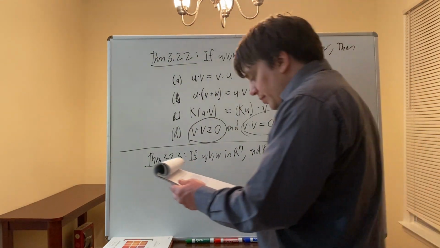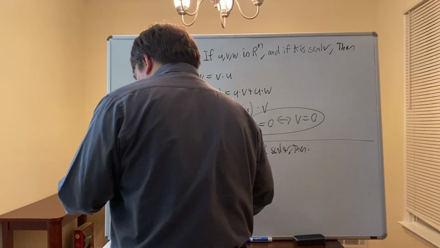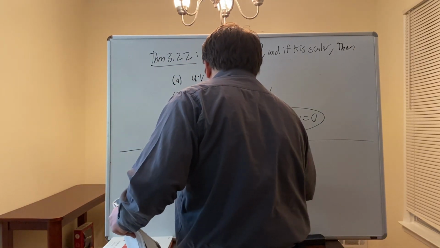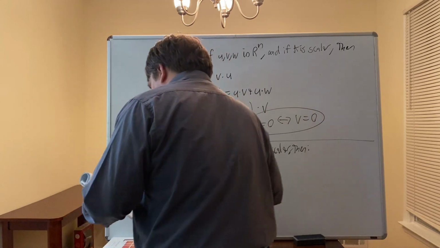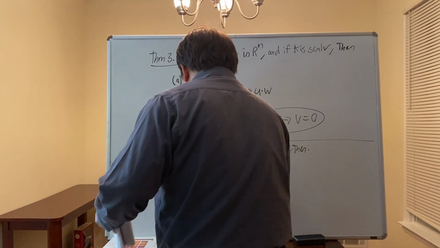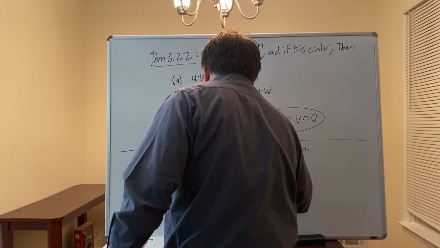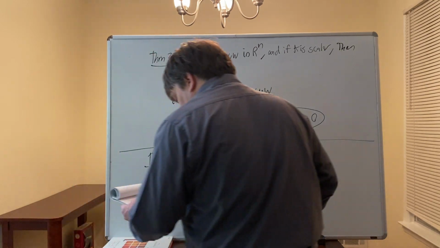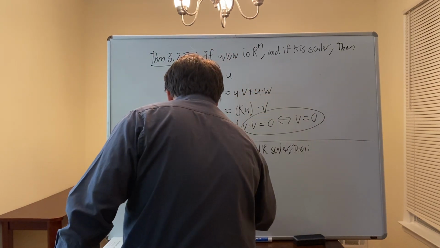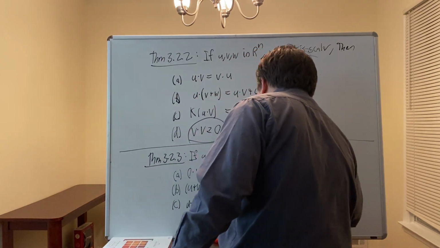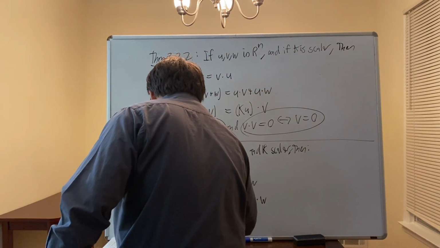Then A, 0 dot v is equal to v dot 0 is equal to 0. B, (u plus v) dot w is equal to u dot w plus v dot w. C, u dot (v minus w) is equal to u dot v minus u dot w, and D,